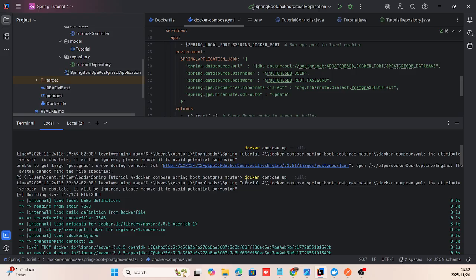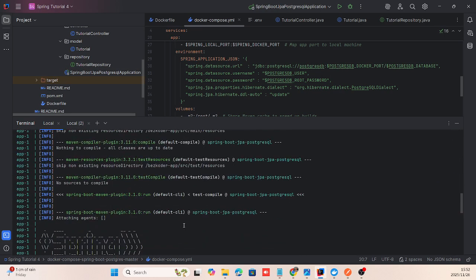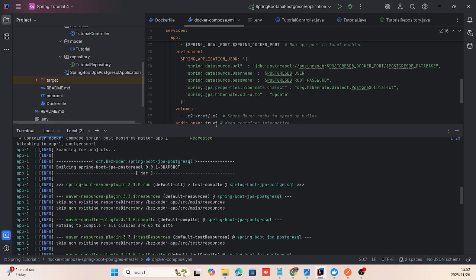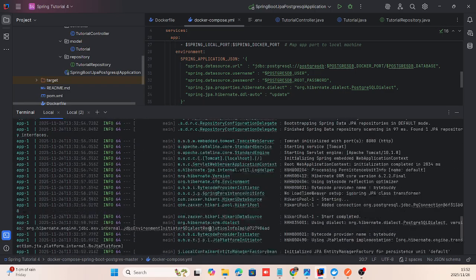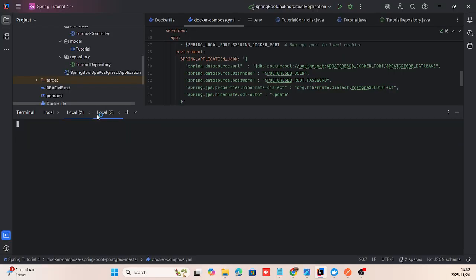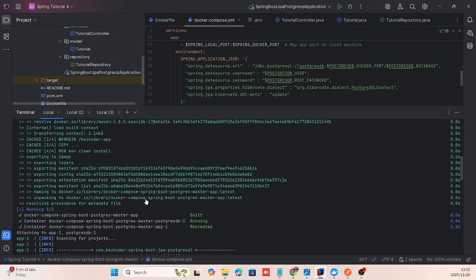So when we run that, after it creates the containers, it runs the application, and the application starts working. So just to show, see, yeah,